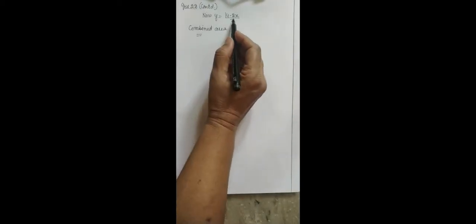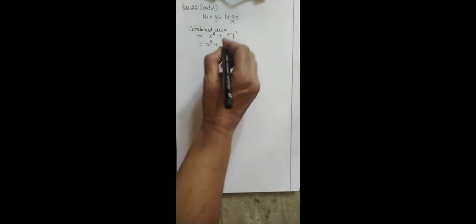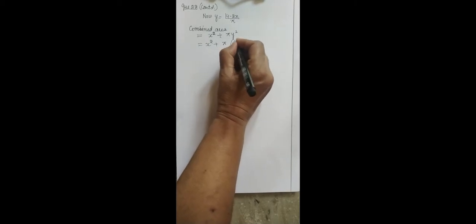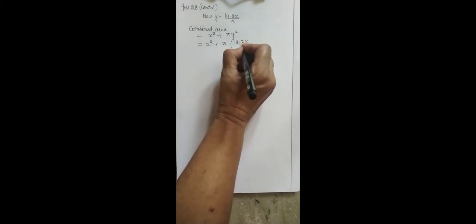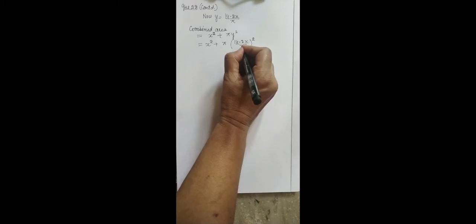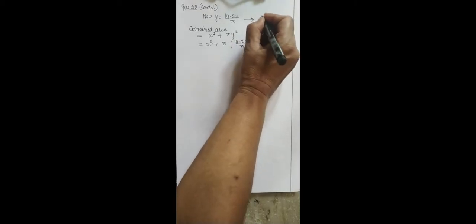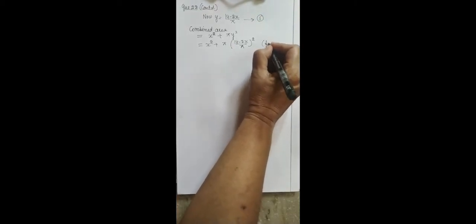So students, y is equal to (14 minus 2x) upon pi. Now what will be the combined area? The combined area will be the area of the square, that is x squared, plus the area of the circle, that is pi r squared, and my radius is y. So I will put the value of y here to convert it into a single variable. So it is pi times (14 minus 2x upon pi) whole squared. If I mark it as 1, this is from 1.